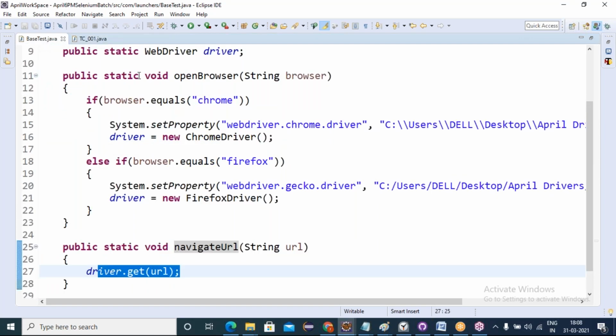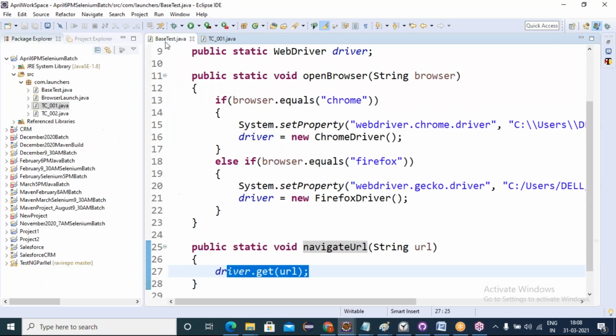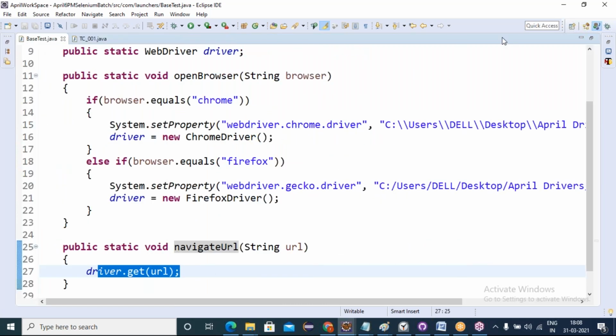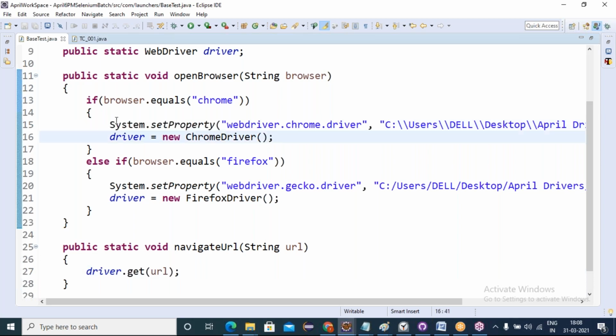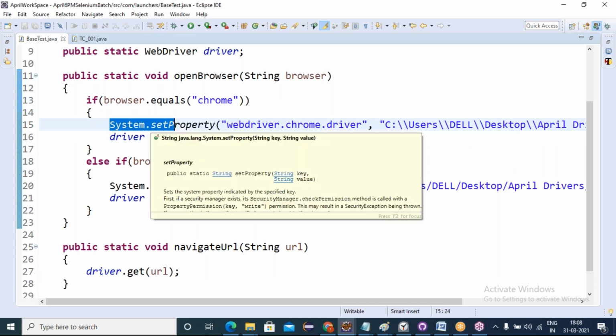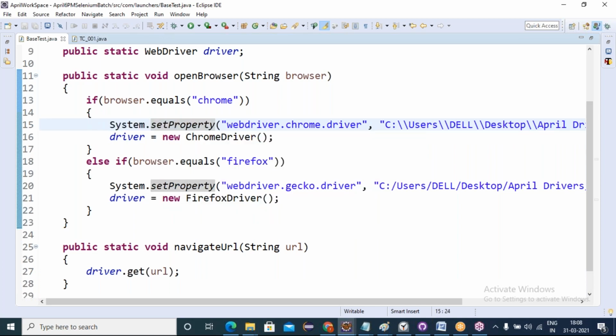Friends, yesterday I showed you how to set the driver's path through the script. Instead of defining the driver path in the script, we can also set the driver's path in the system environment variables. Either way, any of these ways can set the drivers. When we set it in environment variables, we don't need this statement. We can comment it out. Either one can be used. Now, how can we set the driver's path in system environment variables?